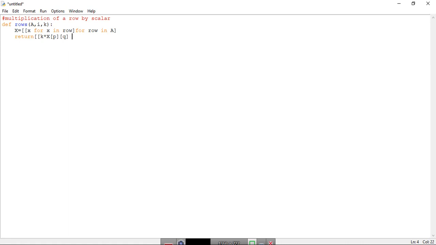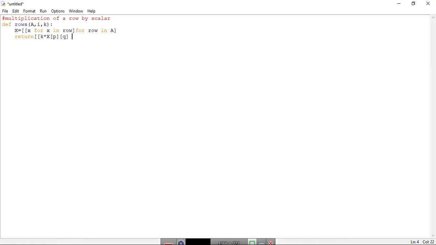Now you are multiplying each entry of the row, so your value of q will vary, right? This is the row, and in that row what we are doing is we are multiplying the ith row by some scalar k. Okay, and for that we need this q, we need to change q.